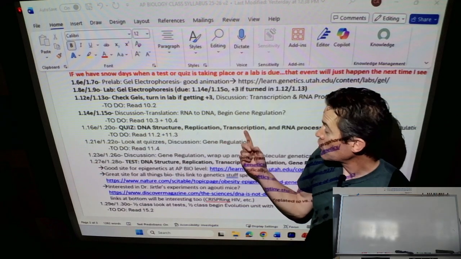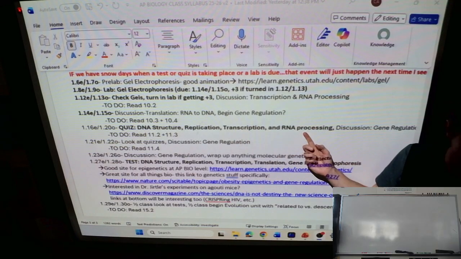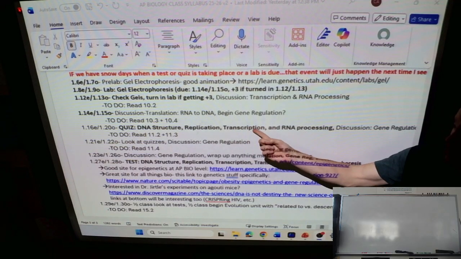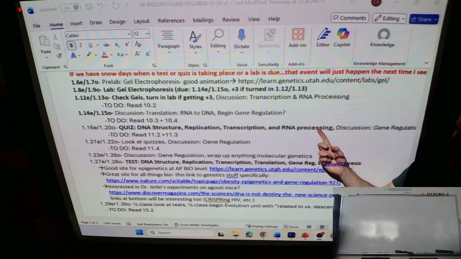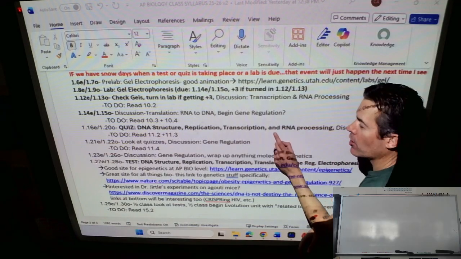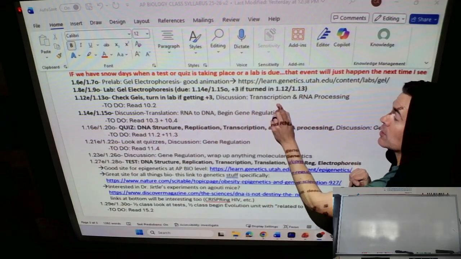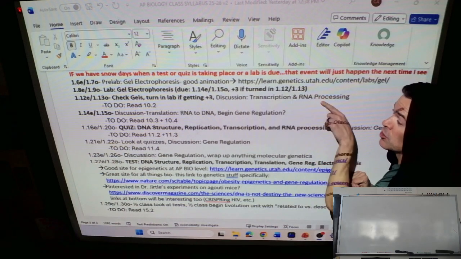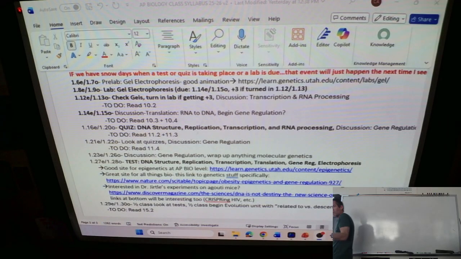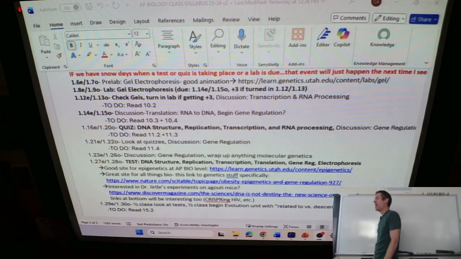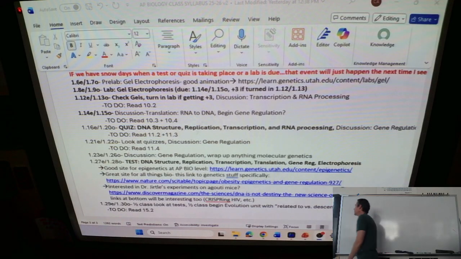Replication. Transcription, we're doing that today. And then RNA processing, we're doing that today. It's possible that we'll finish transcription and RNA processing today. What's likely is we'll have a little bit of RNA processing left over that we learn next time. So you'll be almost ready for the quiz, content-wise, maybe not studying-wise, but almost good to go after today.